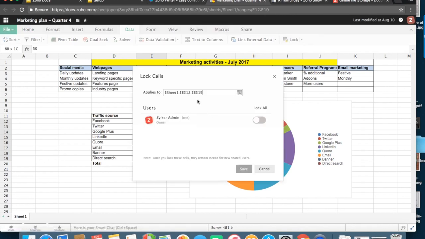So once you do this, you'll see the range of cells that you've selected, and these cells will be locked. You can click on lock all, and the cells will be locked for all the collaborators or the users of this particular document. Once you're done locking the document, you can click on the save button that's over here.